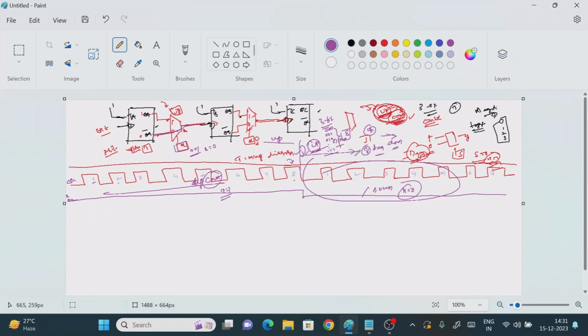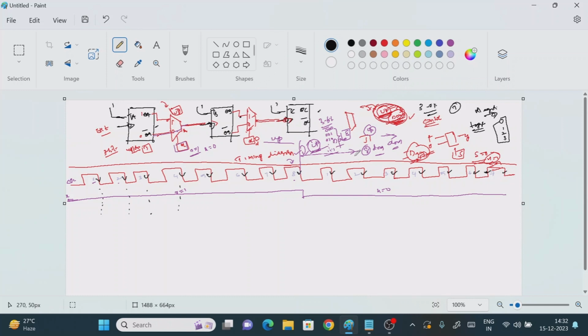In the same timing diagram we need to show the output for the up counting as well as the down counting. Once that is done, identify the negative edges, because we have taken the negative edge mechanism. Negative edge means just identify the negative edges of the clock pulse. These are the negative edges of the clock pulse. This is the starting time period and this is the ending time period.